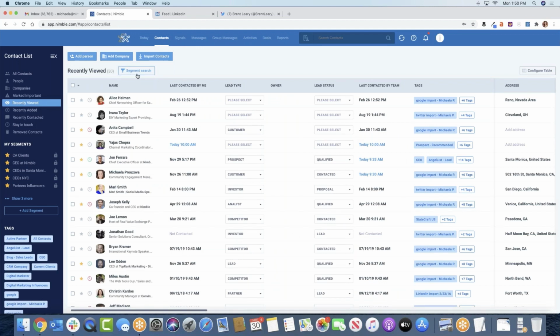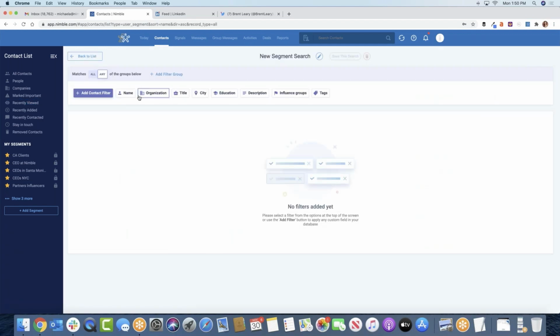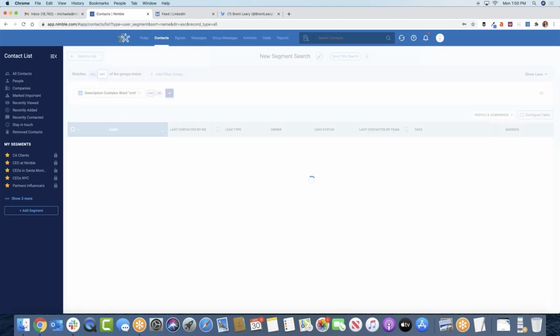It's super easy to use, and you can segment your database based on any existing fields and also any custom fields that anybody on your team may have created. So you can start the search here, and you can search the description. That goes back to what Jim was showing us. I'm just going to search for people that have the word CRM in their bios.